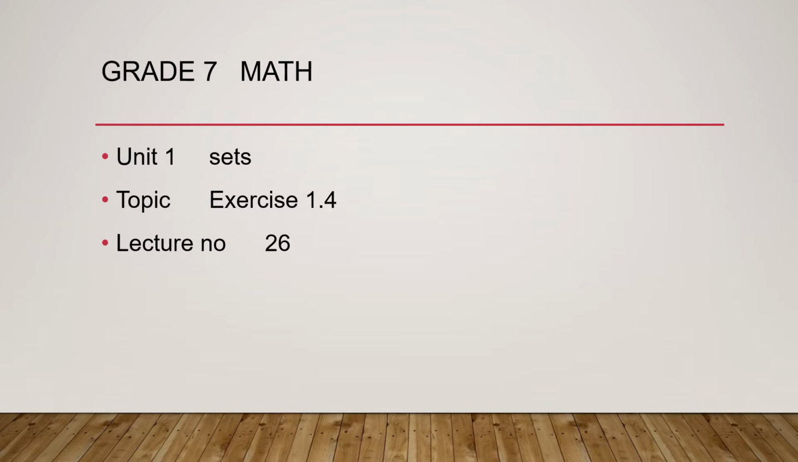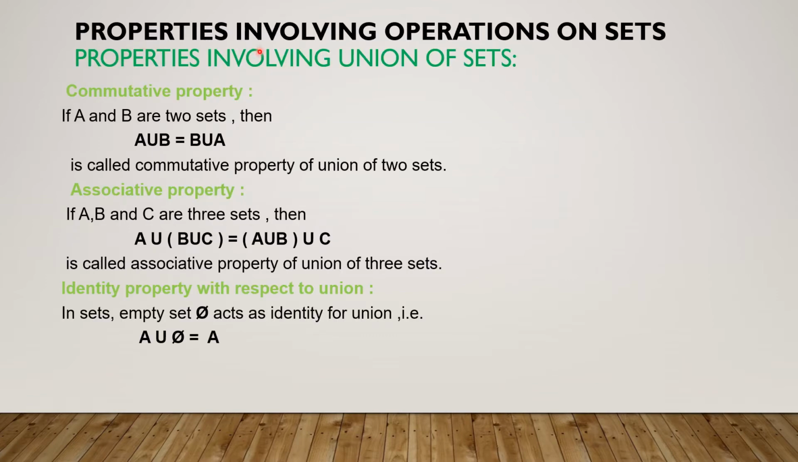Dear students, in previous lectures we have learned all the four operations of sets. We have learned union, intersection, difference and complement. Today we are going to learn the properties of union and intersection. Properties involving operations on sets. Properties involving union of sets. First of all, we will see the properties involving union of sets, and then we will see properties involving intersection